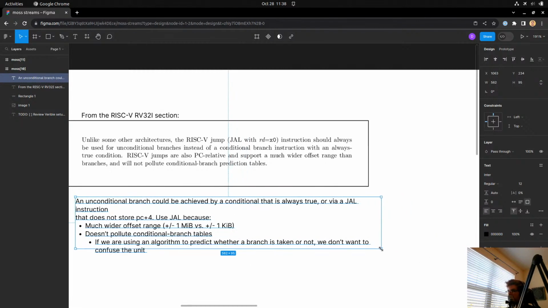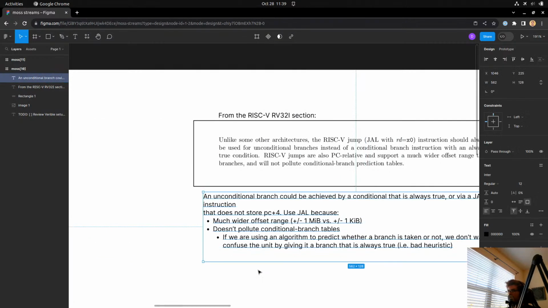Why is that not wrapping? I want the default to be wrap.